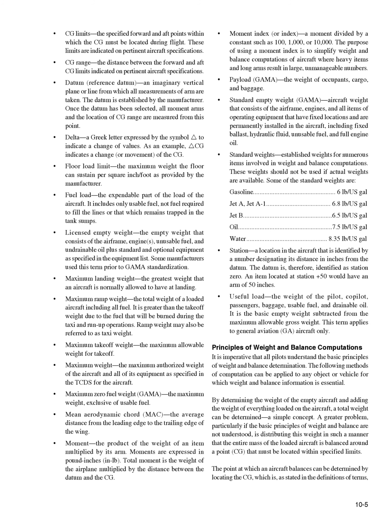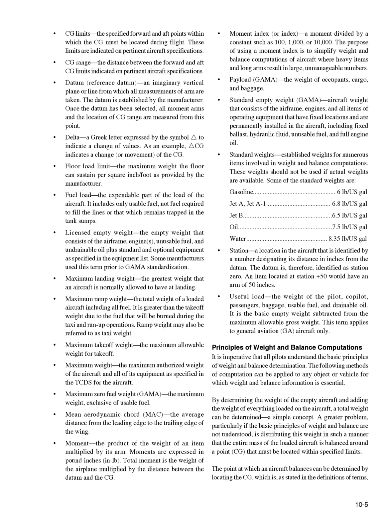Delta, a Greek letter expressed by the symbol Δ, indicates a change of values. As an example, ΔCG indicates a change, or movement, of the CG. Floor load limit, the maximum weight the floor can sustain per square inch or square foot, is provided by the manufacturer. Fuel load, the expendable part of the load of the aircraft. It includes only usable fuel, not fuel required to fill the lines or that which remains trapped in the tank